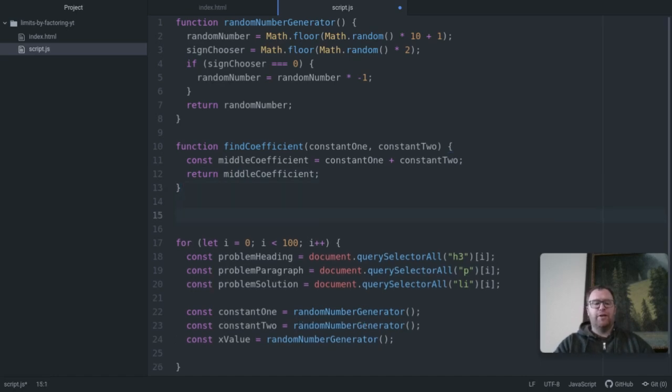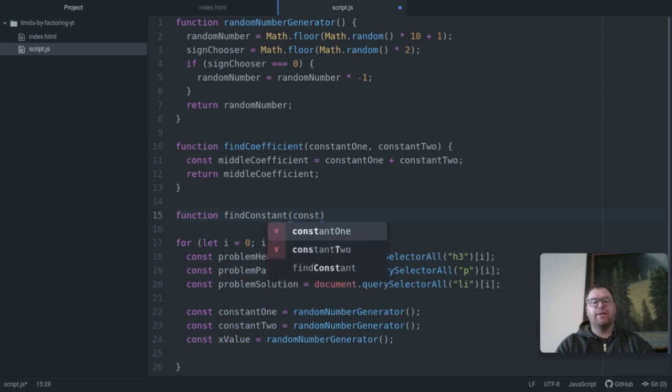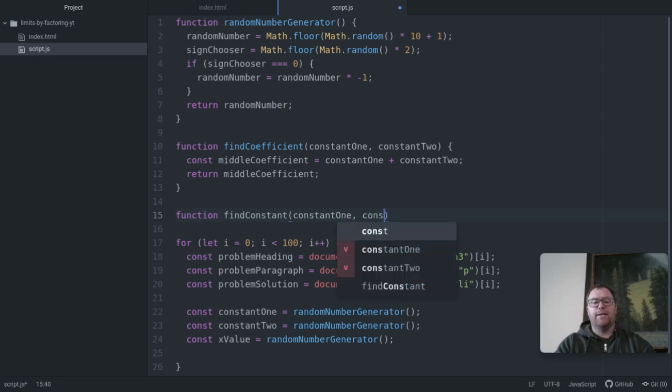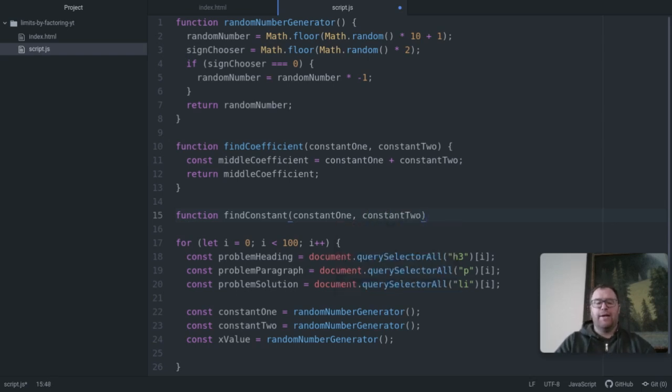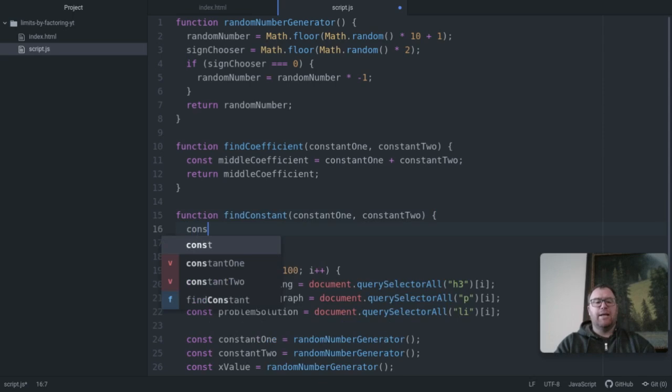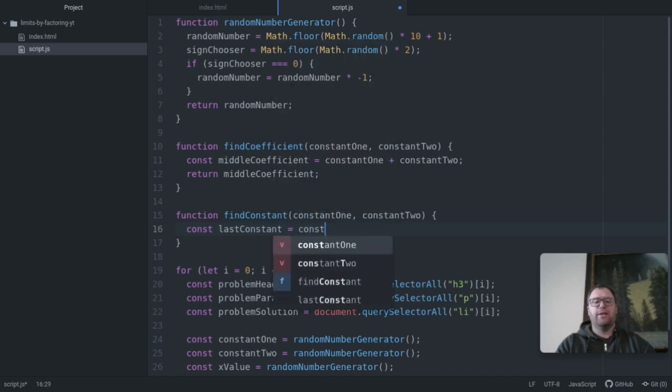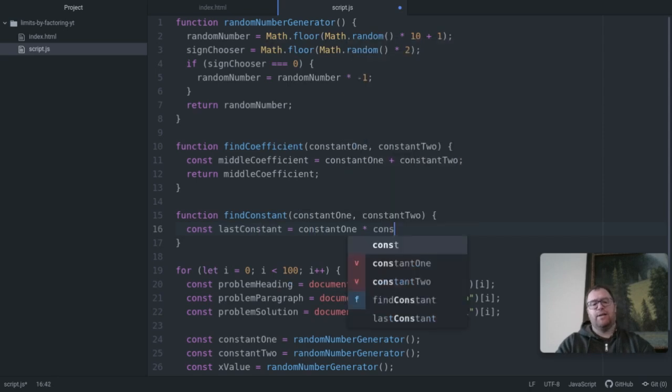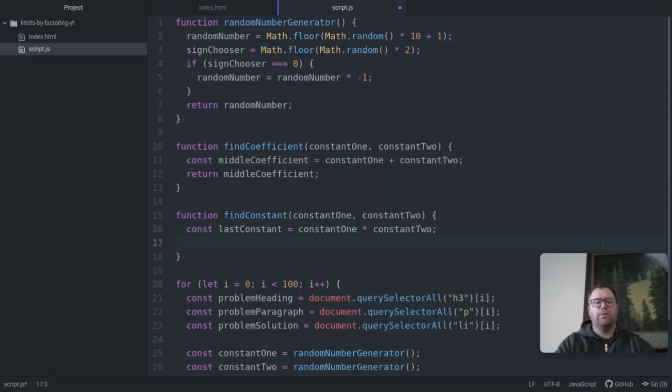We find the coefficient, and we're also going to need to find the last constant. So we're going to have find constant. We're also going to pass in constant 1 and constant 2, okay? All right, so we're going to say const, and we'll call this the last constant, really is what it is. That's going to be constant 1 times constant 2, okay? And then we'll return the last constant, okay? All right, so